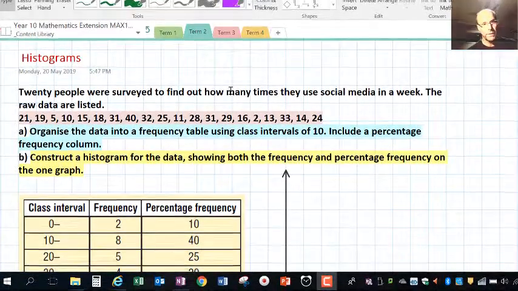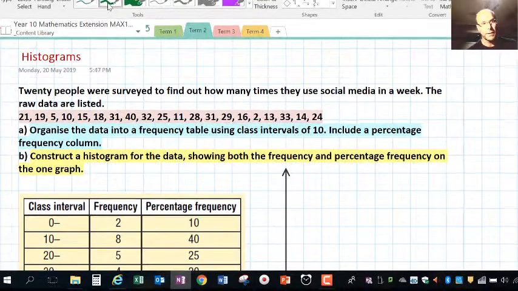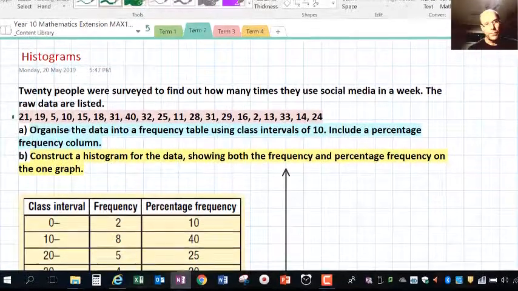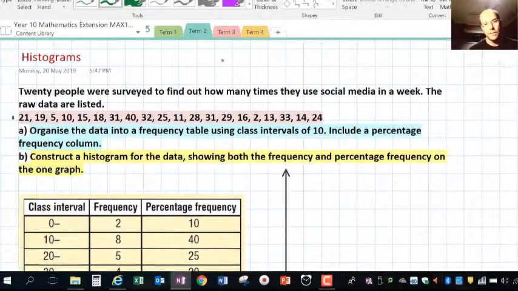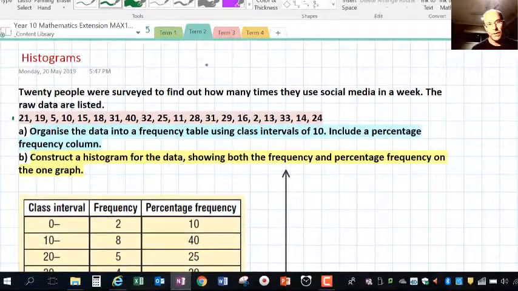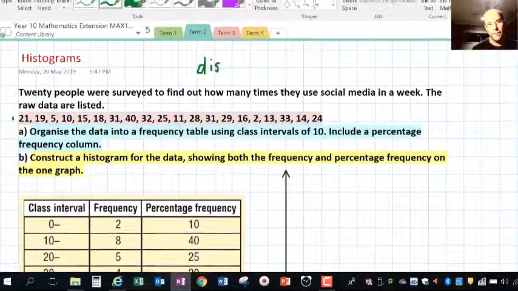20 people were surveyed to find out how many times they use social media in a week. The raw data are listed, so we've got our data there. So firstly, let's think about what sort of data that is. That is not continuous, is it? Because it only takes set values and it's discrete. So we've got discrete data,